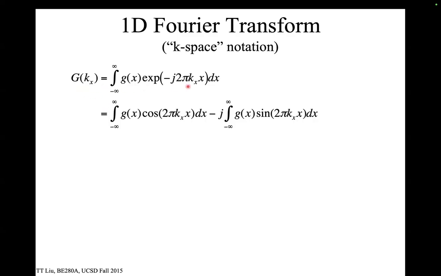Let's do that integral. Here we're going to reduce to one dimension to simplify things. This is the 1D Fourier transform of this function g of x. Here's the argument. Instead of that mu value, we're going to call it k sub x, because this is the notation of MRI. So this is still a spatial frequency in cycles per centimeter. This is position in x. So we're going to integrate across